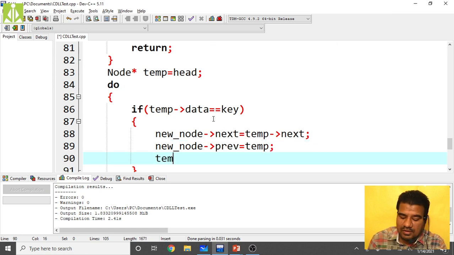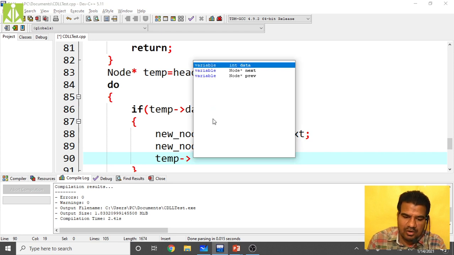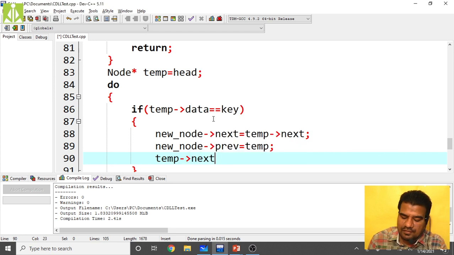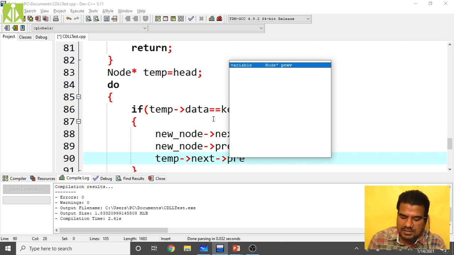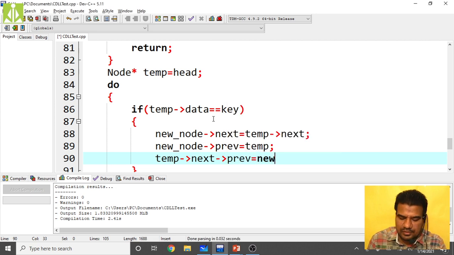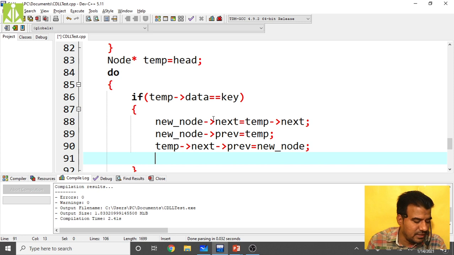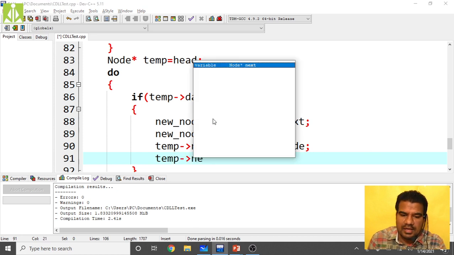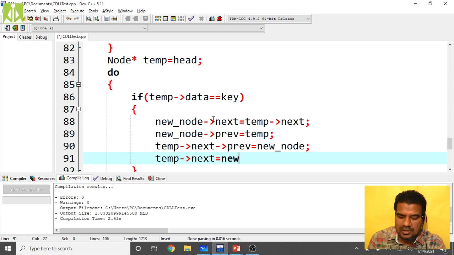Then temp of next of previous equals new_node. Finally, temp of next equals new_node. That's it. Then return.